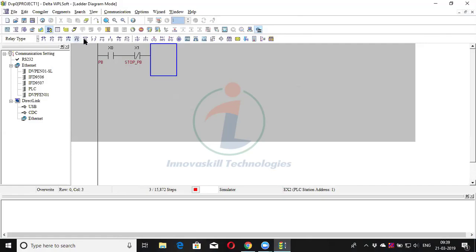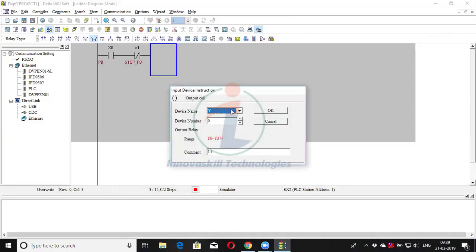So after that, I want to connect a memory here. So you have to take output coil, but change the device name as M. So M is for memory. How many memories you can use means starting from M0 to M4095. These many memories you can use.